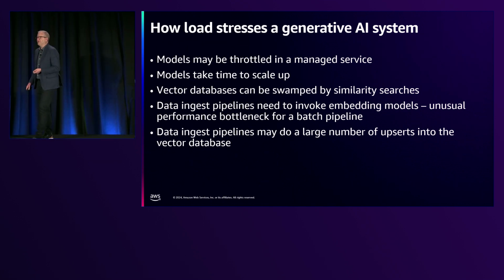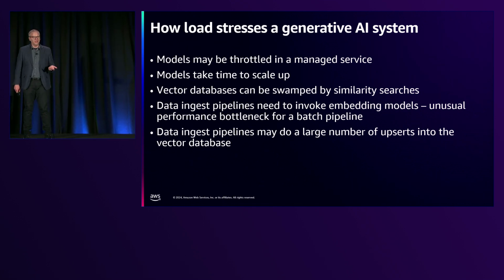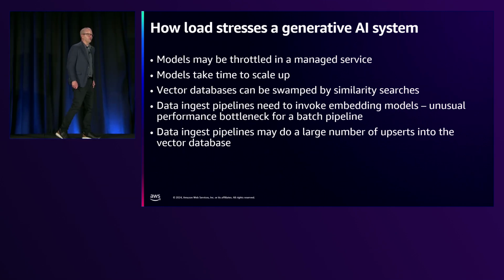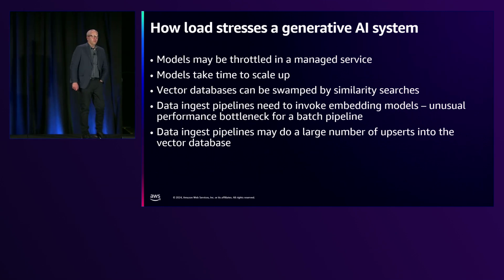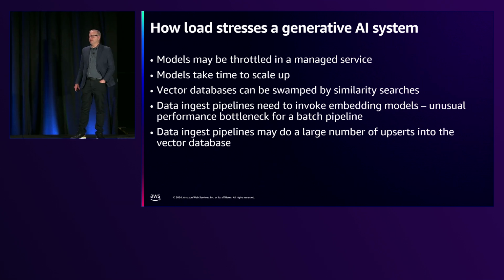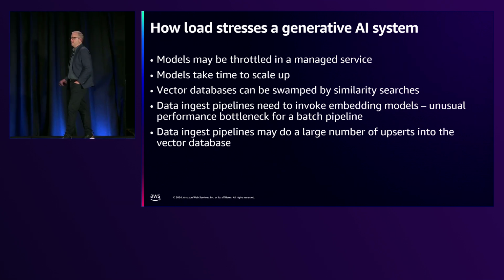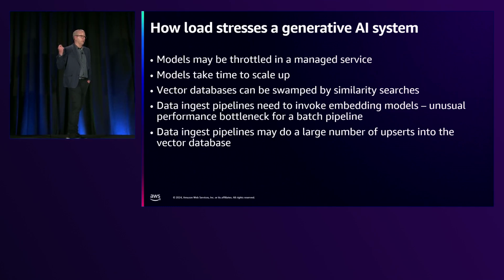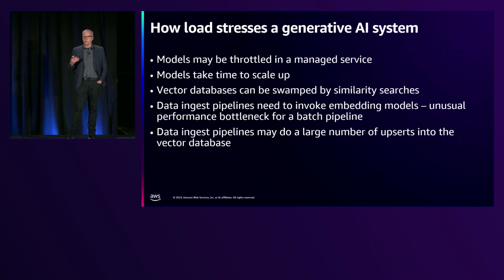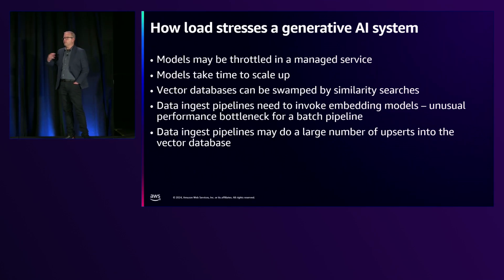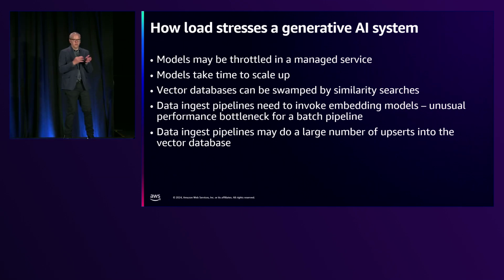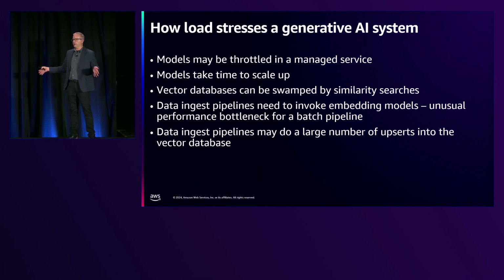Now, the data ingest pipelines, I spent a lot of time in the analytics world, and so data ingest pipelines for Gen AI are interesting to me because most of our traditional analytics ingest pipelines are very easily horizontally scalable, right? We're reading text files or we're reading small amounts of streaming data from Kafka. So all of our things like Spark clusters and Apache Flink clusters, they scale horizontally really well because it's really easy to break those things up into small chunks of work